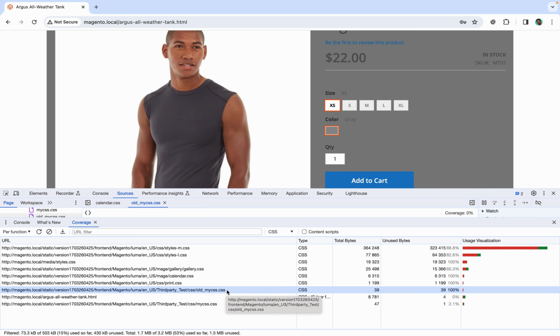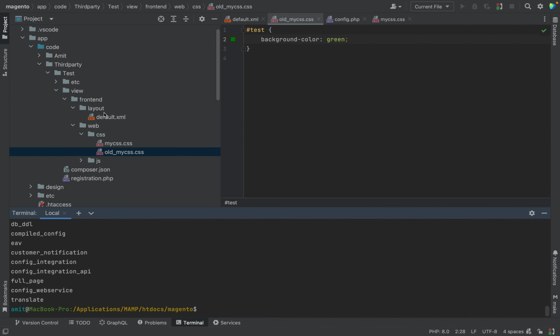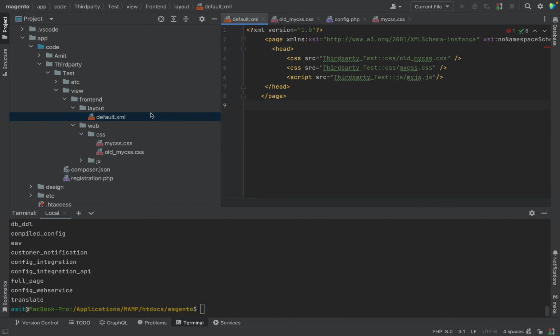Now I can see this old CSS file is coming from this third-party test module. So I will go ahead in my project and I will identify where that CSS file is added. So this is the third-party test module, and I can see this file is added in my default.xml layout file.